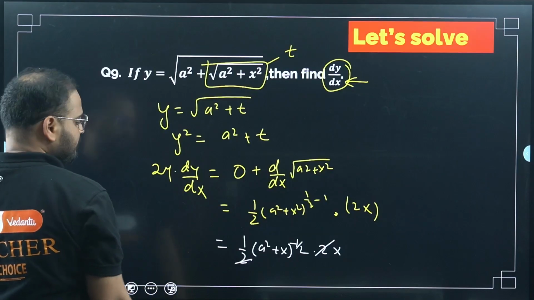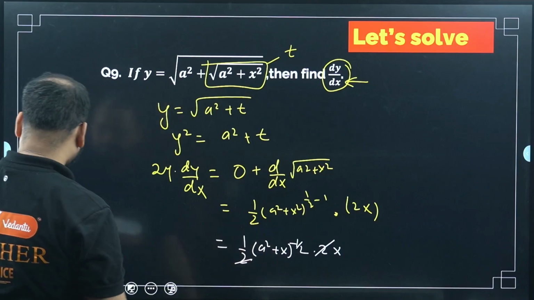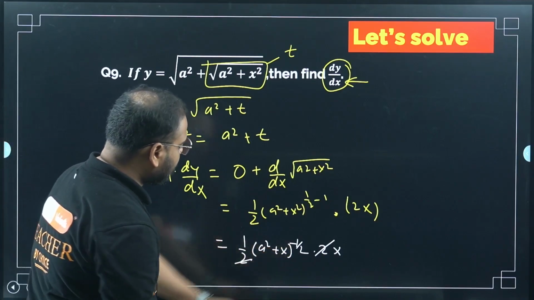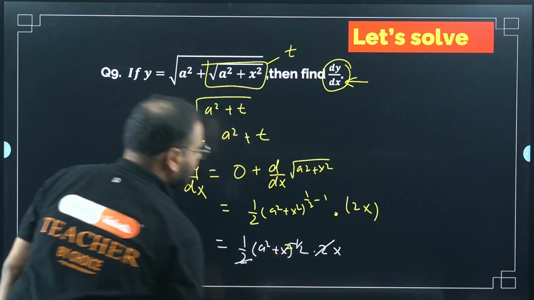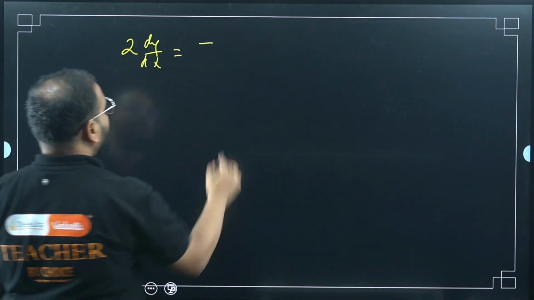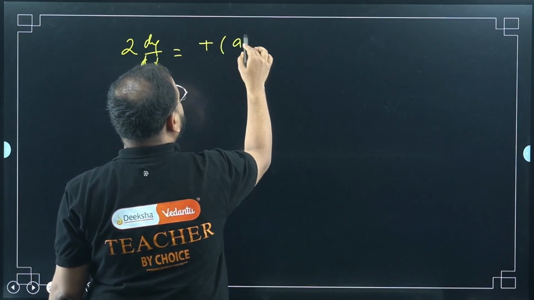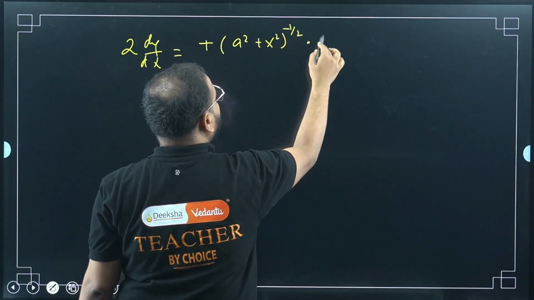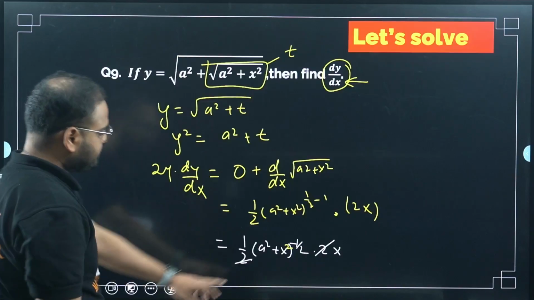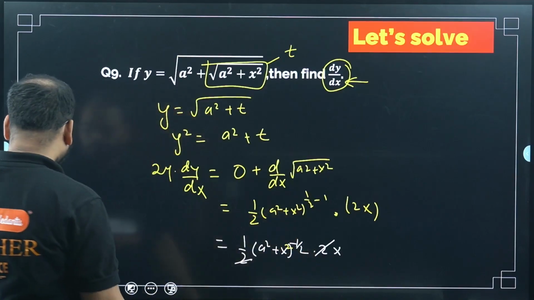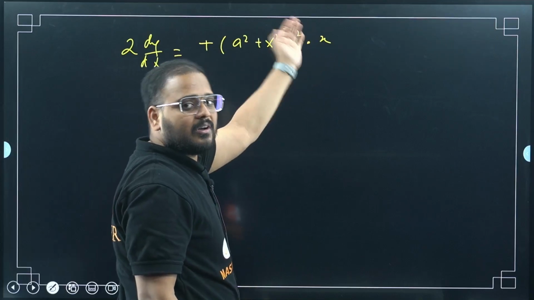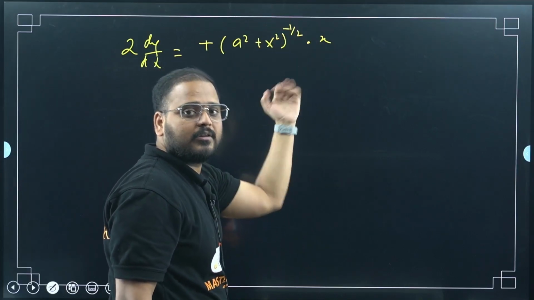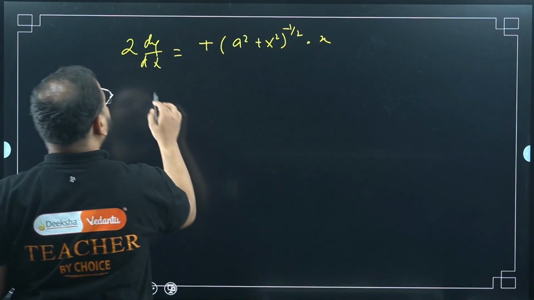There's no minus here. So it is a square plus x square power minus 1 by 2 times x. Now please cross check: 2 and 2 are cancelled, so only x is left. Now power minus 1 by 2 means what? Negative means I can take it to the denominator, and 1 by 2 means root. So I can simply write this as